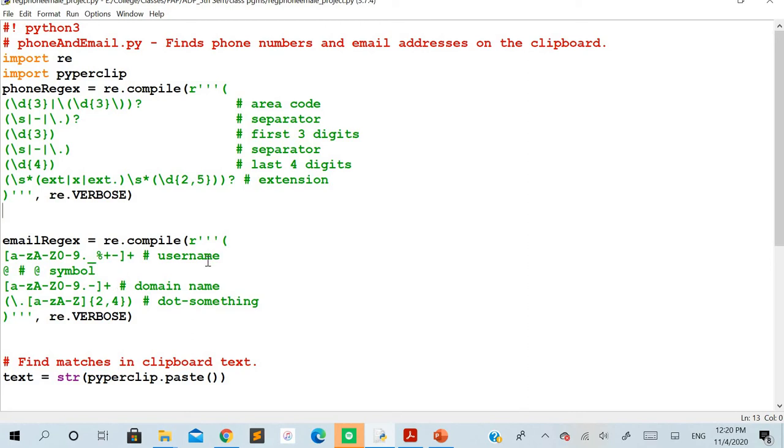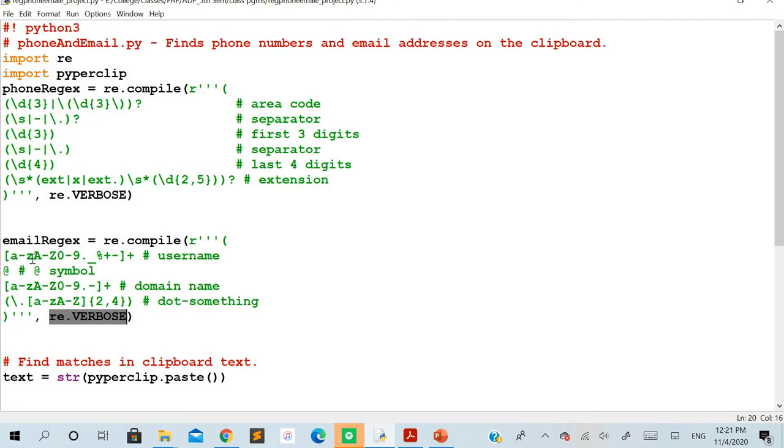Similarly, we have defined a pattern for the email address also, which is done in the same way. As I told you, since we are using comment lines and spaces within the regular expression pattern, we are required to use re.VERBOSE here. As a regular expression pattern, all of you know how an email address appears. The email address will start with alphabets, underscore, or a few other special characters. The combination of these characters can appear there, and the alphabets may be lowercase or uppercase, and it may even be followed by digits as well.